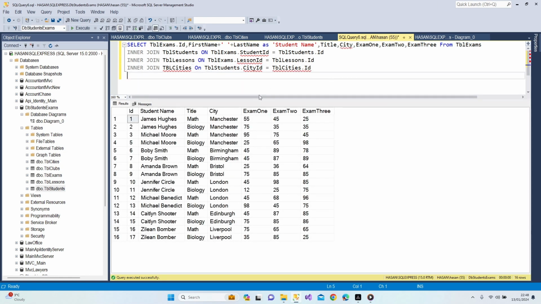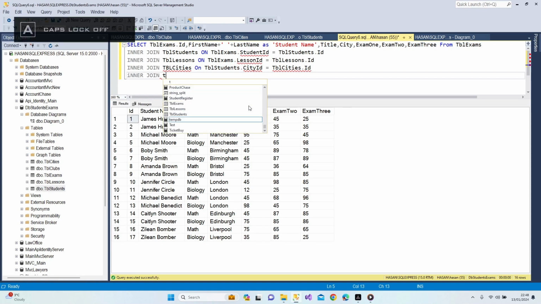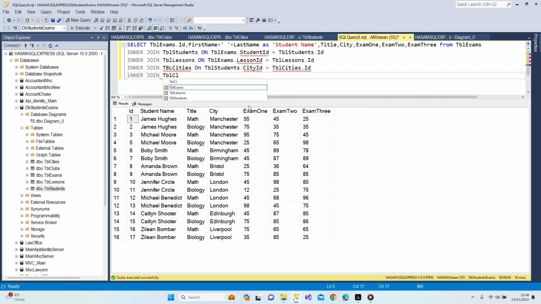Yeah, here we go. We have cities here, guys. As you can see, we're able to merge all information in one place. Let's add our clubs as well. Add inner join again and bring our TBL clubs on which columns? TBL students club ID